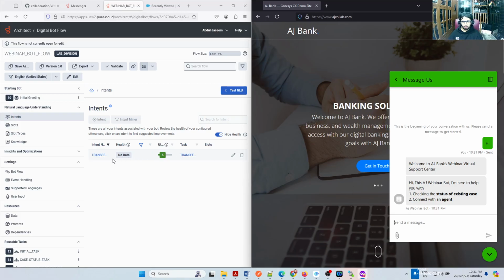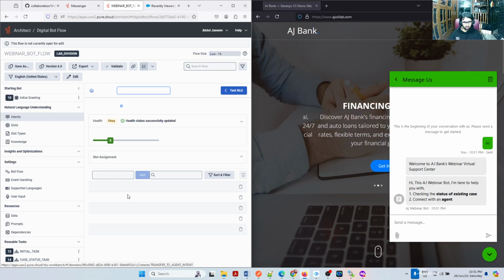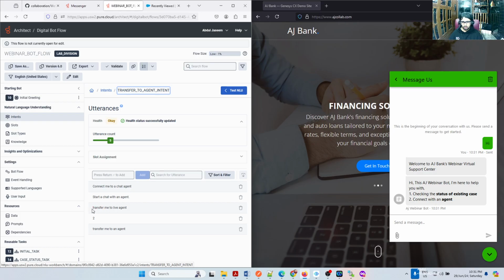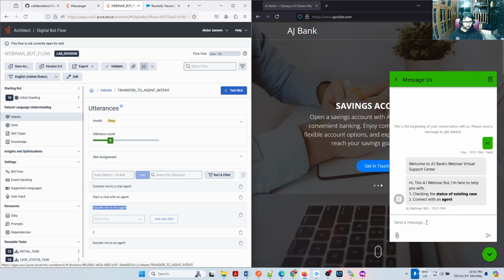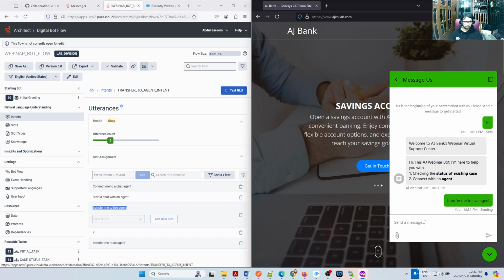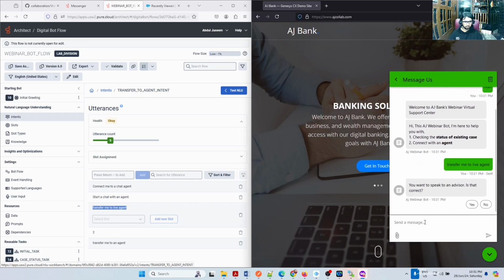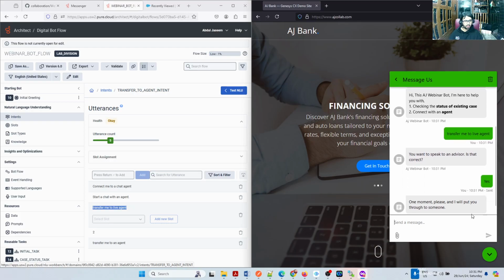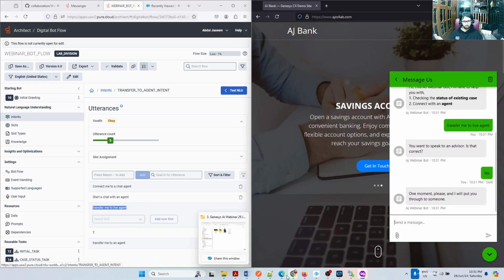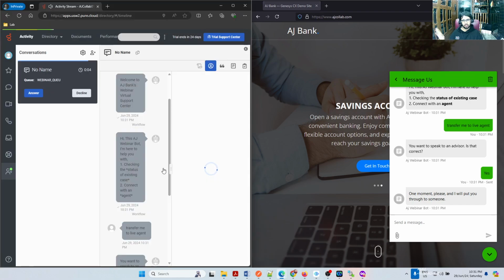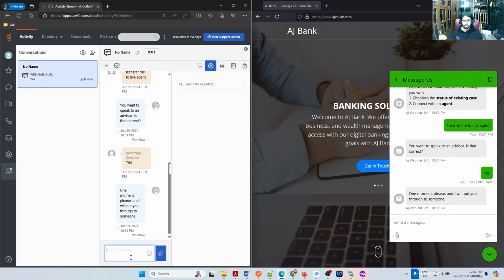Now, all I'm typing is, I'm copy pasting an intent utterance from here. Transfer me to a live agent. This is what I'm going to ask the bot. Okay. For some reason, mine is always triggering the exception. So exception will also go there, by the way, if I click yes, and then they're going to transfer. And of course, I'm getting the alert. We'll see that error, by the way. I will address that. There should be some error in the flow.